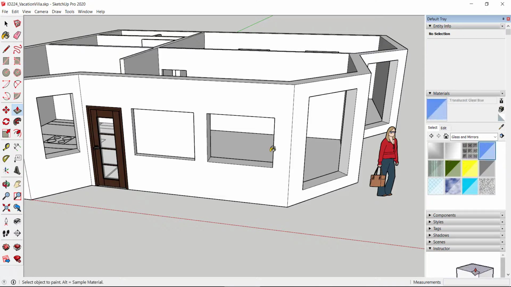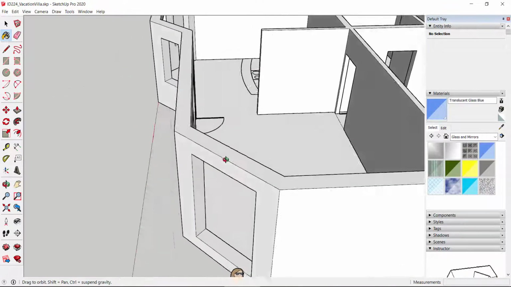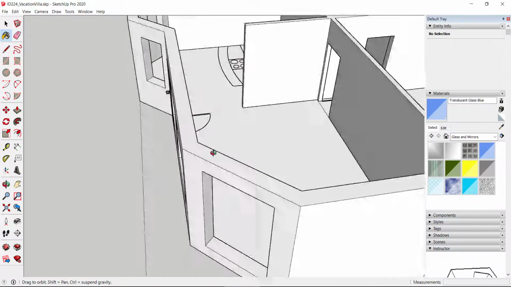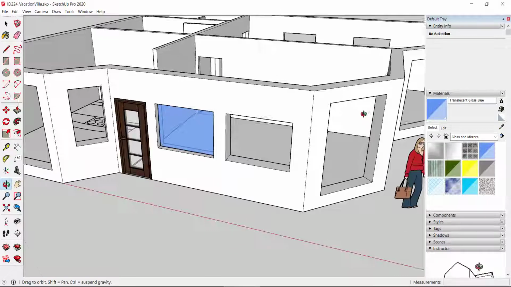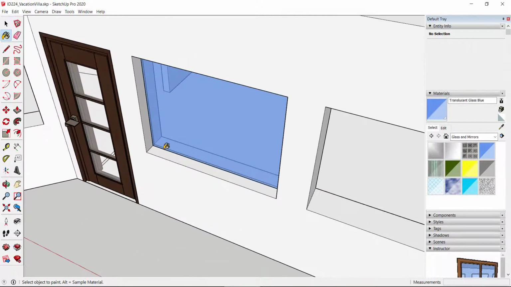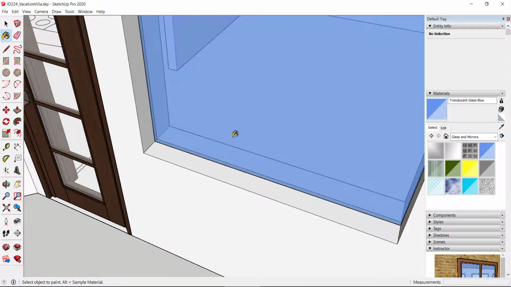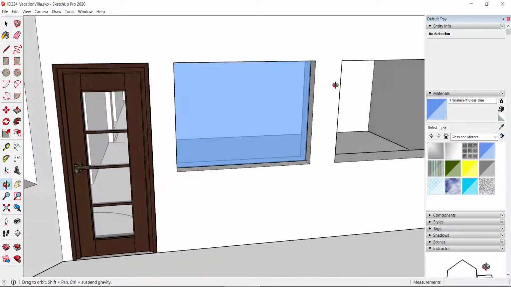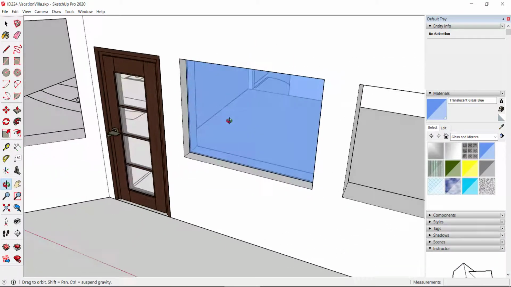translucent glass right here. And I'm going to click, and then I have to do the other side because I made it thick. If you just put a single rectangle, you wouldn't have to do it twice. But I did it twice because you can see that there's actually a thickness to my glass. And that's just a real quick, simple, easy way to go about adding glass into your windows if you don't